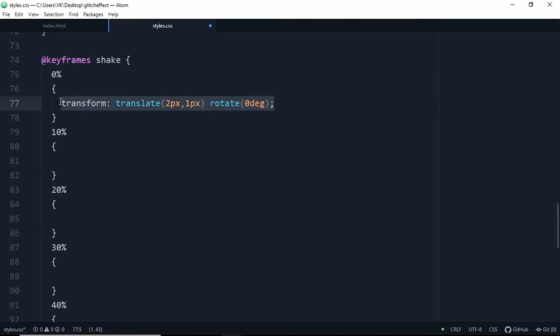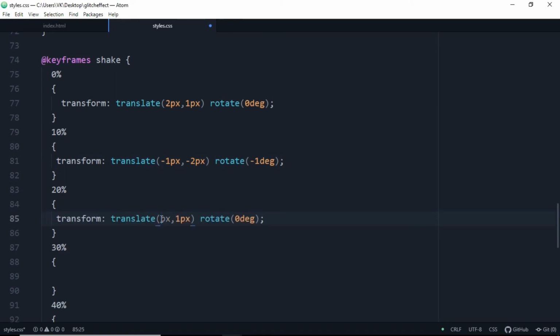Just copy this and paste it inside the 10% here. So you can make this -1 pixels and -2 pixels and -1 degree. So just copy this whole line and we're gonna paste it again and again.